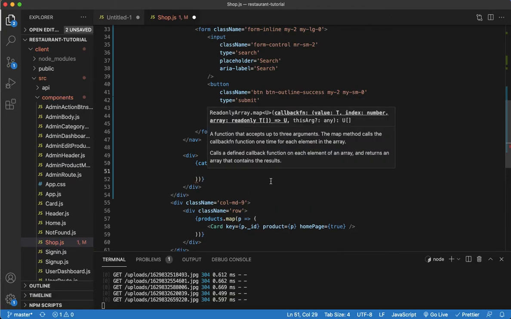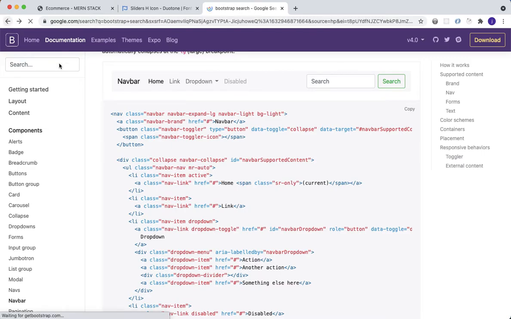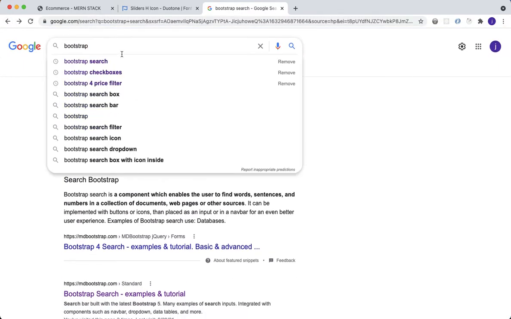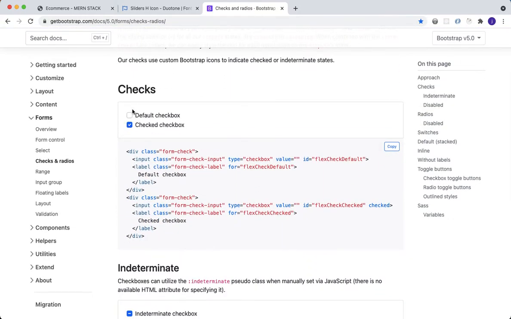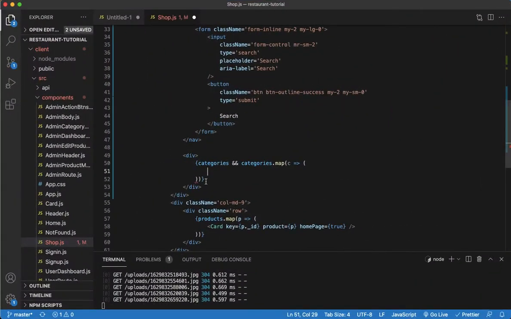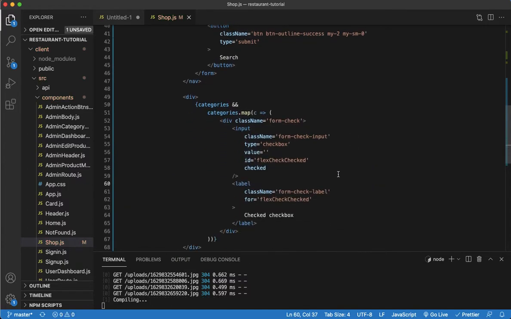And here's where we're going to add our individual checkboxes. But to do that, again, we're going to be using Bootstrap. So I'm going to do Bootstrap checkboxes. All right, so we're gonna have checkboxes like this, but in this example, all I need is one of the form checks, so we don't have to copy all of it, just one of these. And go back, and inside here, I'm gonna paste it, and again, I'm gonna highlight all the classes to change it to className. So I do Command D on a Mac. So do className, and because we're using React, we're gonna have to change this input field by adding this slash, otherwise you're gonna see an error. All right, and if I save that,